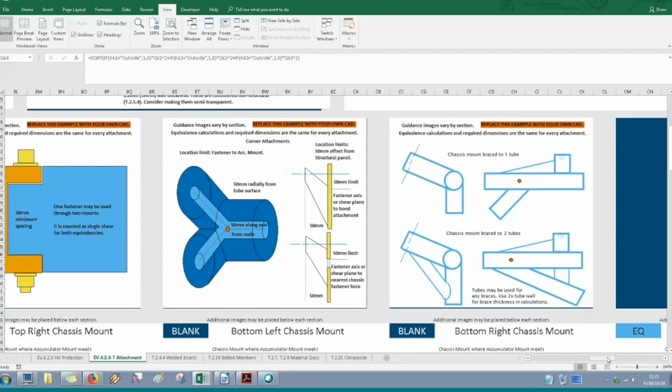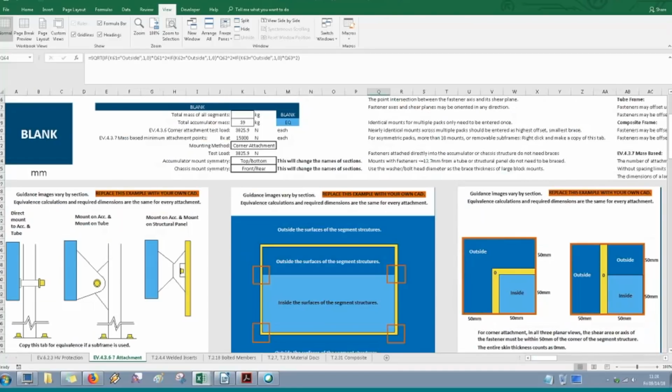If you're going to do a subframe, run it all the way along that side of the accumulator when you build it. And that will help you have good load paths, a good structure, and keep the number of attachments to a minimum. The last point we need to make about the HV enclosure FES is that previously most teams